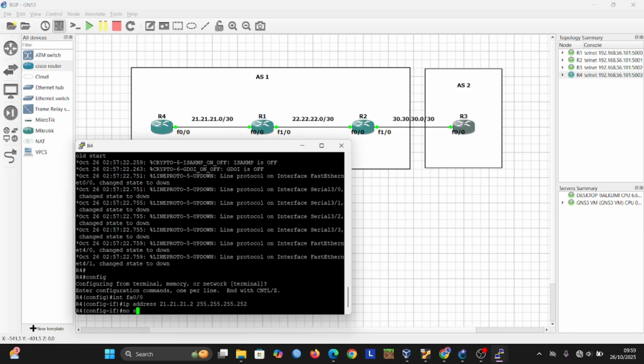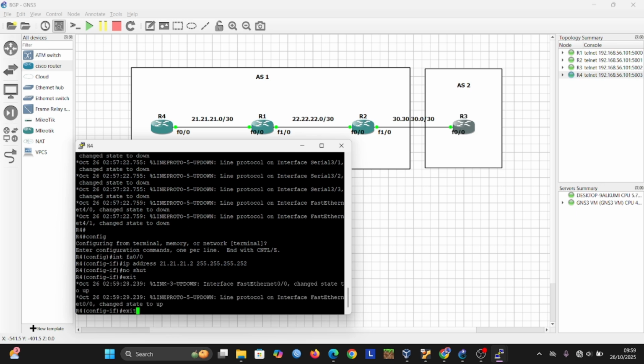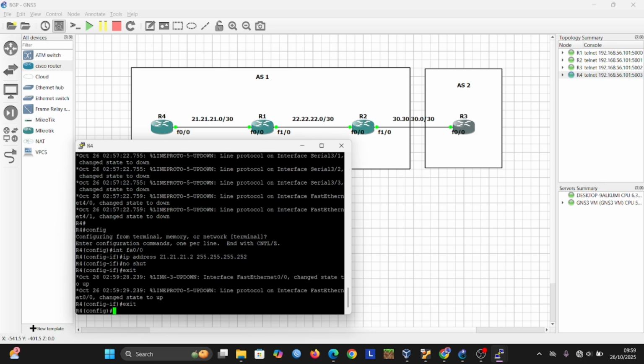After this we set no shut and exit to close this configuration.